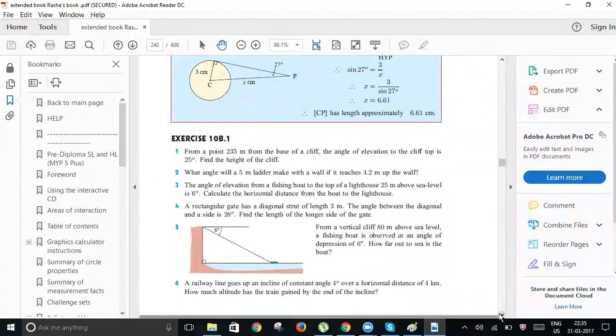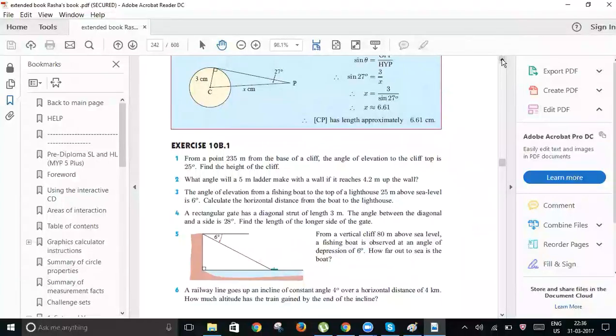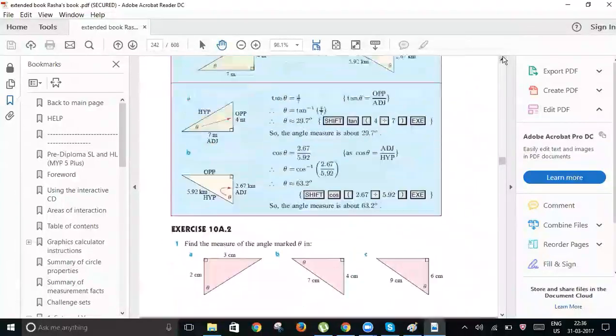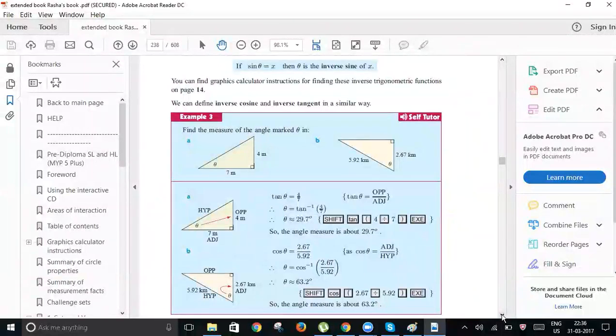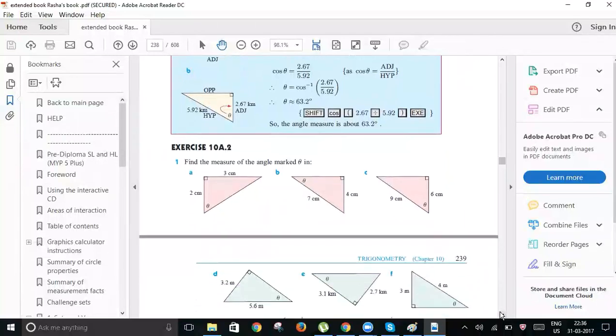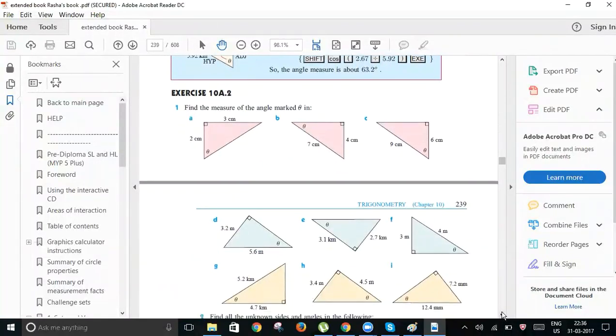It's just right after exercise 10A. Exercise 10.2. Okay, this is a very easy exercise. This is about calculating the angle. So in the previous exercise,